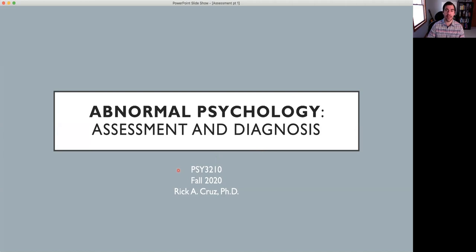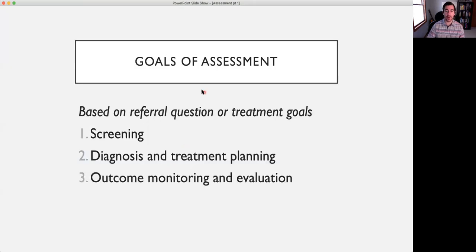So the idea of usually asking lots of questions to better understand people, better understand what types of symptoms and what types of issues they're experiencing. And in certain cases, in certain settings, deciding whether those symptoms warrant a diagnosis and what to do from there. So we're going to talk about the goals of assessment today in this part of the module, and